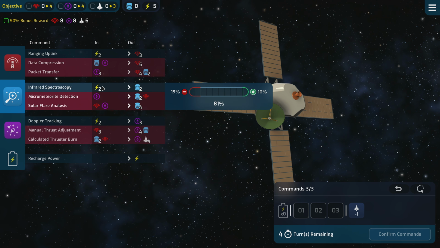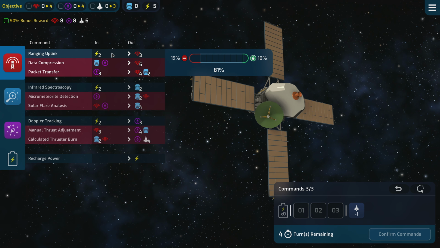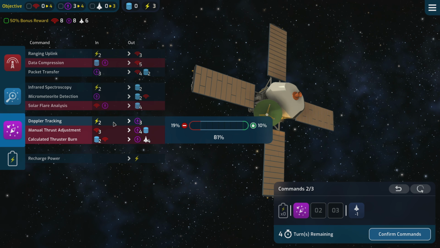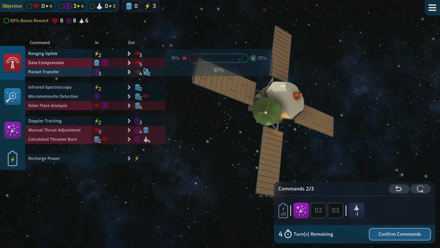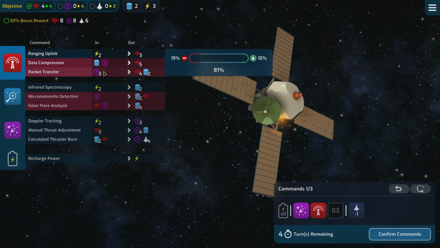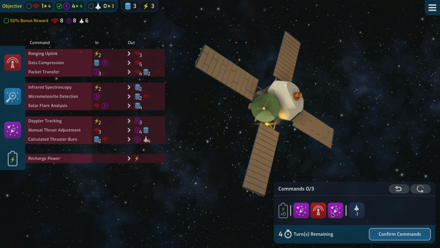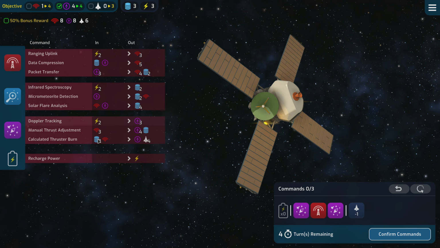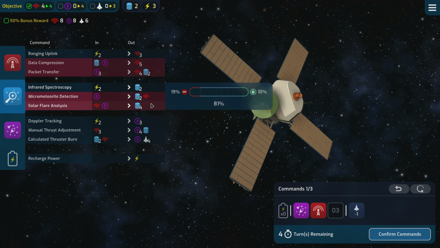We have 5 power, so why don't we go with... Basically have to start by using 2 power. So we're going to use 2 power to get this. And then I think we'll take all 3 of those and get 4 and 2 on here. And then I think we'll take 3 of those and get 4 and 1 on this. And then the next turn... I don't like that trade. I think I'd rather have...